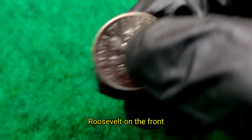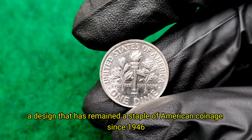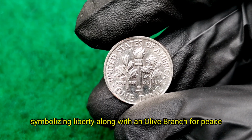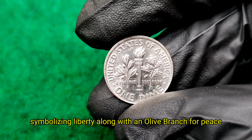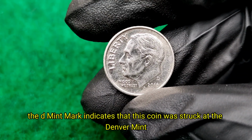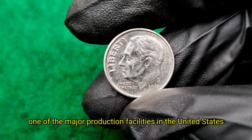Roosevelt on the front, a design that has remained a staple of American coinage since 1946. On the reverse side, you'll find the torch in the center, symbolizing liberty, along with an olive branch for peace and an oak branch for strength. The D Mint mark indicates that this coin was struck at the Denver Mint, one of the major production facilities